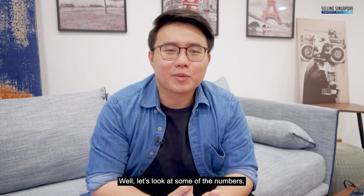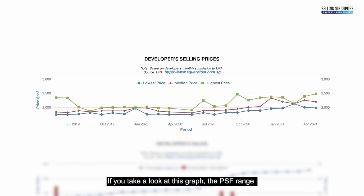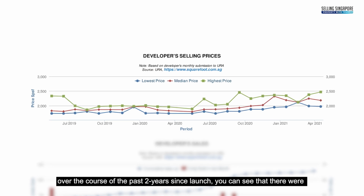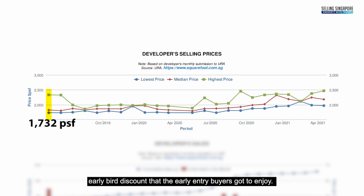Well, let's look at some of the numbers. If you take a look at this graph of the PSF range over the course of the past 2 years since launch, you can see that there were several high points and low points for the sale price, so let's break it down. In the beginning of launch in May 2019, the developers were offering attractive prices of as low as 1732 PSF. So that is due to the new launch early bird discounts that the early entry buyers got